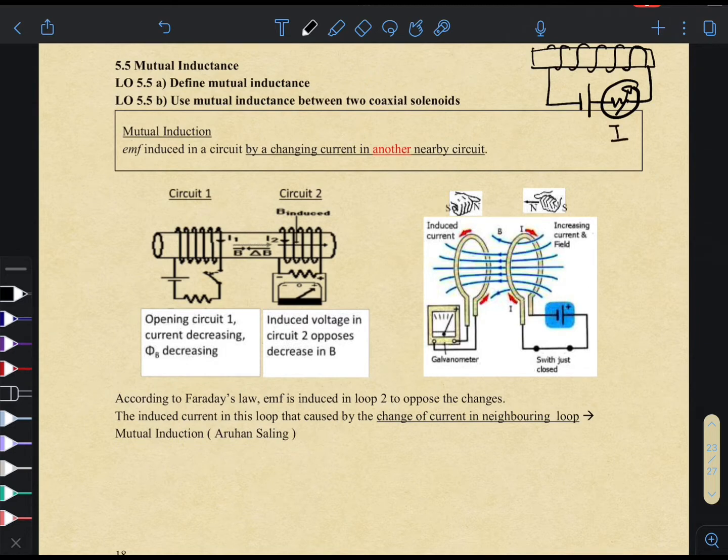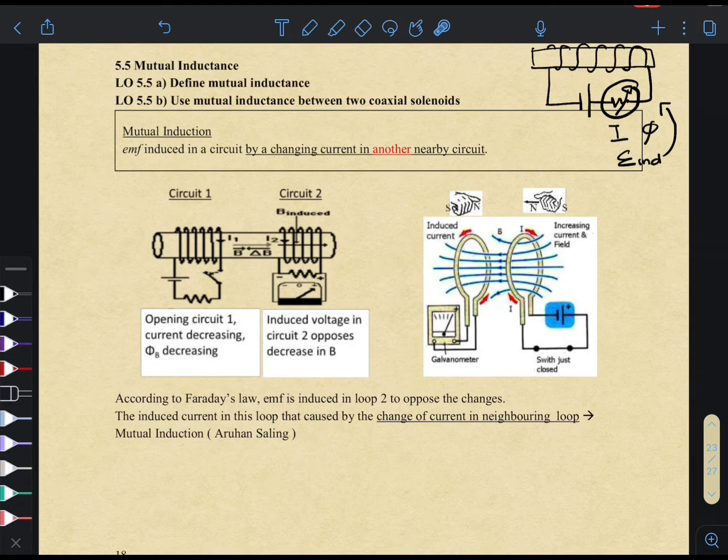So bila kita vary the resistance, it leads to the change in the current, and change in the current menyebabkan change in the flux and leads to EMF being induced di dalam diri dia sendiri. However, mutual inductance pula, you induce EMF dalam satu circuit disebabkan perubahan oleh